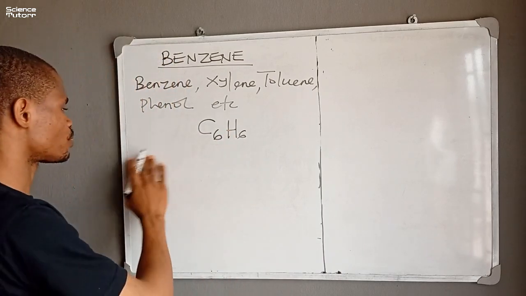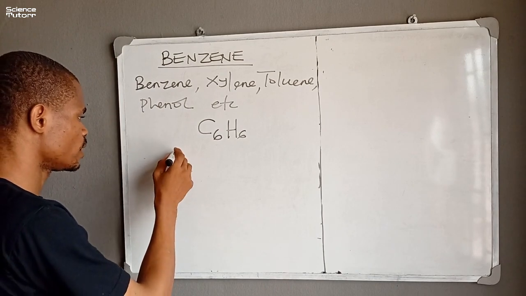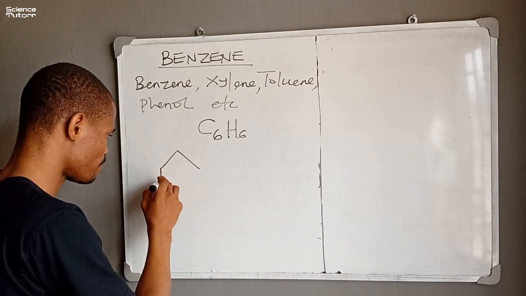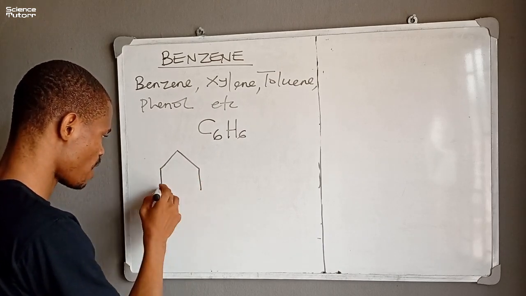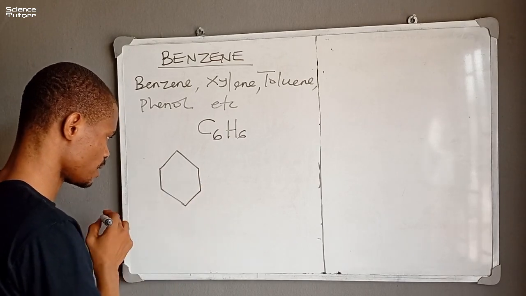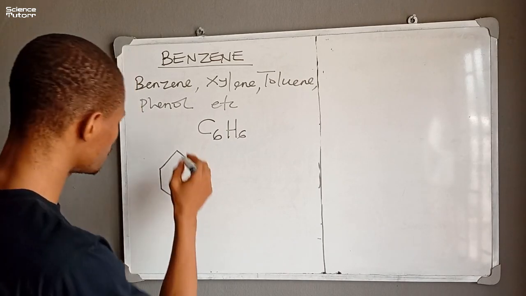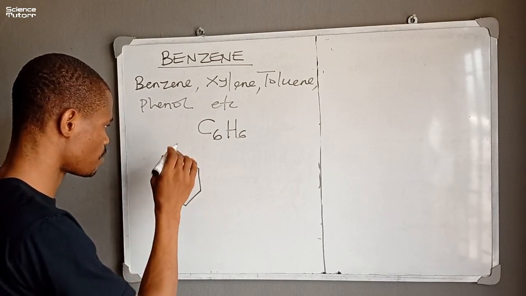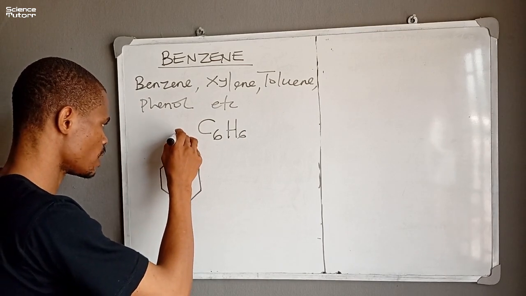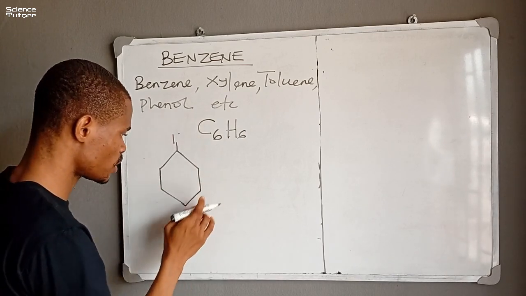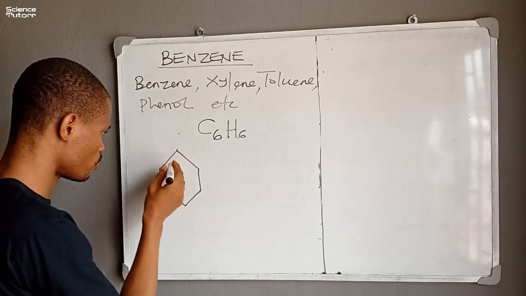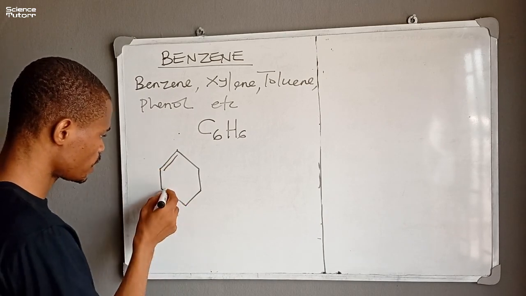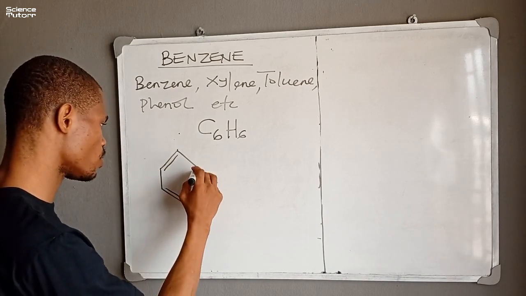In terms of the structure, according to Kekulé, it's drawn this way, 6 carbon bonded by hydrogen. So we have benzene drawn in this manner, in which each of these is connected. Now this represents 1, 2, 3, 4, 5, 6 carbon atoms attached to a hydrogen. Each of these represents hydrogen. But for Kekulé, he specified a series of bonds: double bond here, single bond, double bond, single bond, and then double